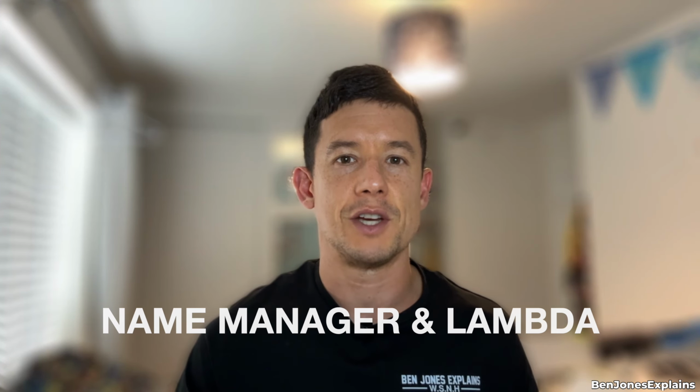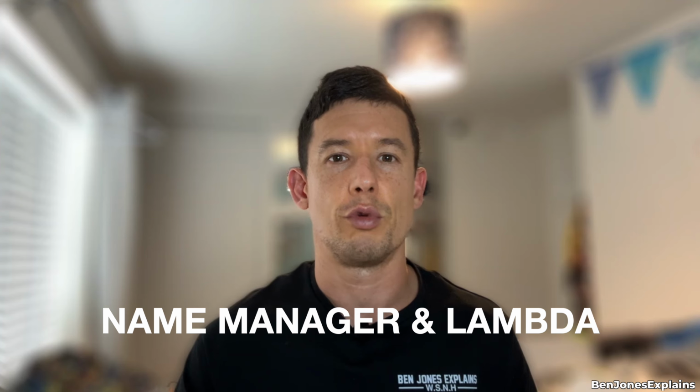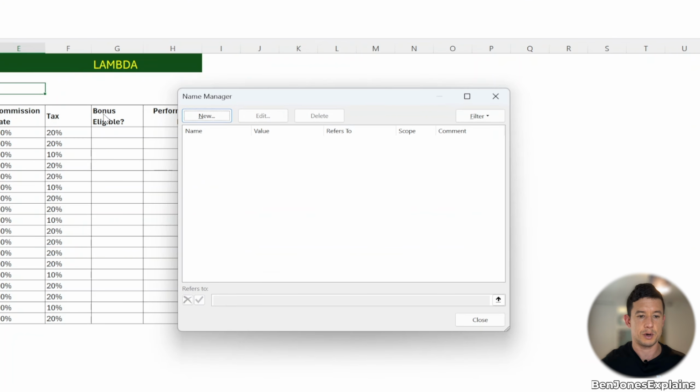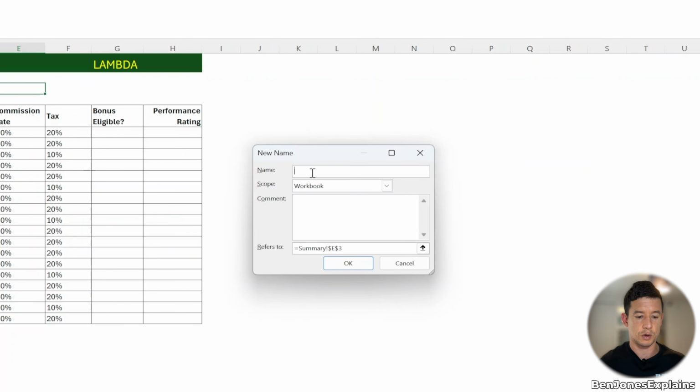At this point you're probably wondering, well, why is that better? We've got the same problem. If those tax brackets change, we're still going to have to change our formula. So this is where the Name Manager and Lambda combined really come into their own. Let's look at an example. To open up the Name Manager, we go to the Formulas tab and then Name Manager, or we simply press Ctrl and F3. We're going to create a new name, and that name we're going to call tax